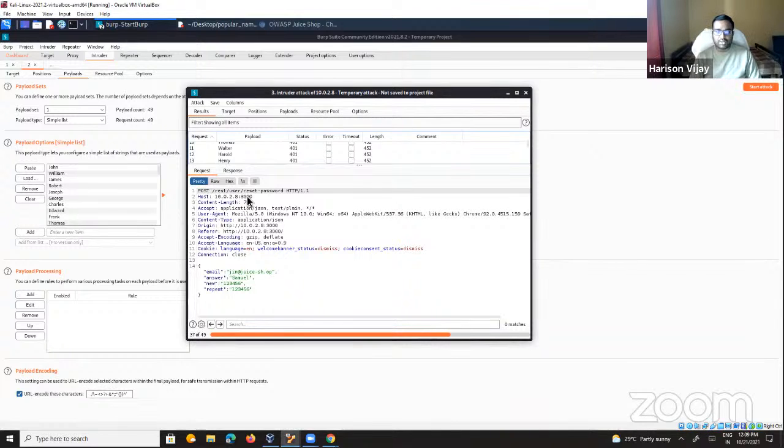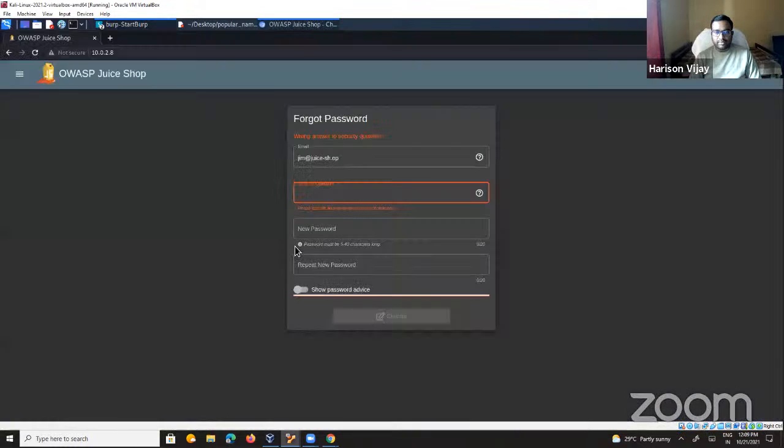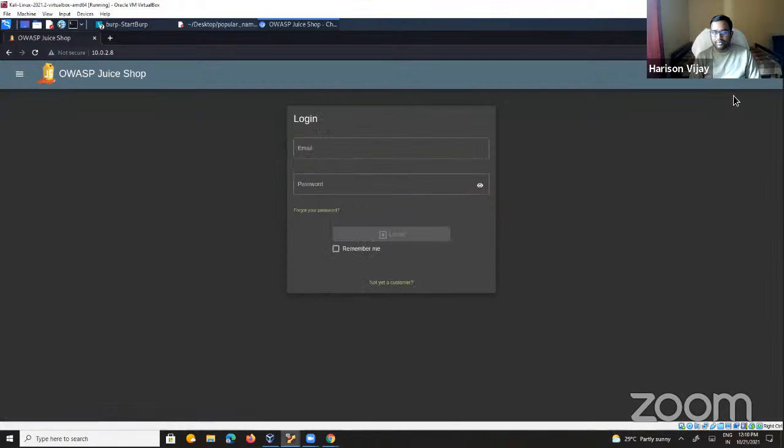So for the POST request, reset password, Jim, the eldest sibling's middle name is Samuel. Now, when I send this request, I got a 200. That means I was able to successfully reset Jim's password if I had the eldest sibling's middle name as Samuel. Okay. So now that this is completed, if I go and try to log into his account,